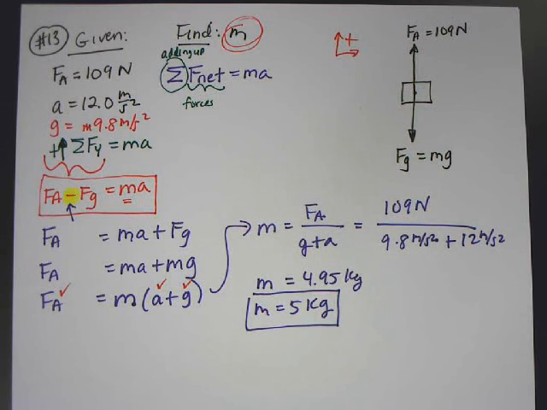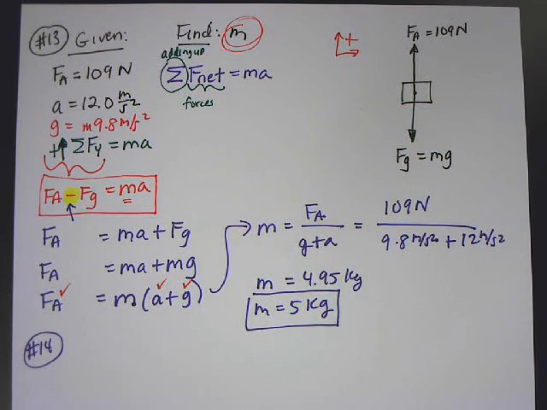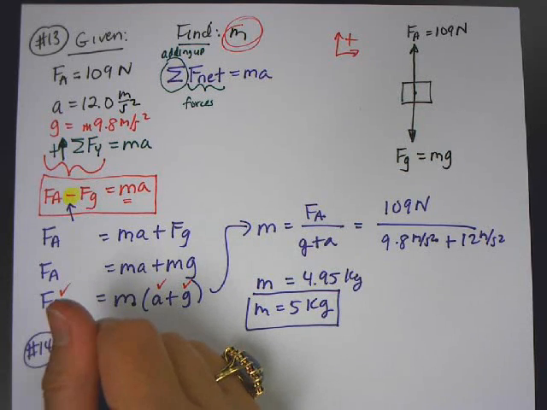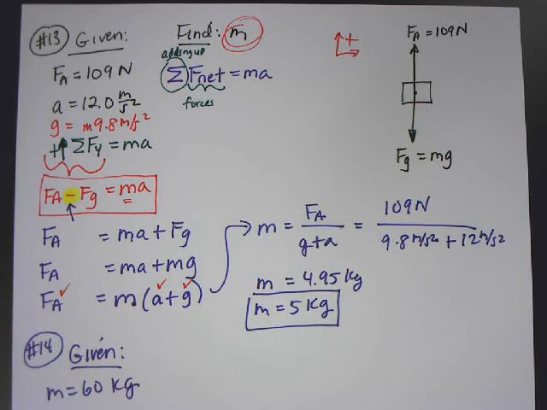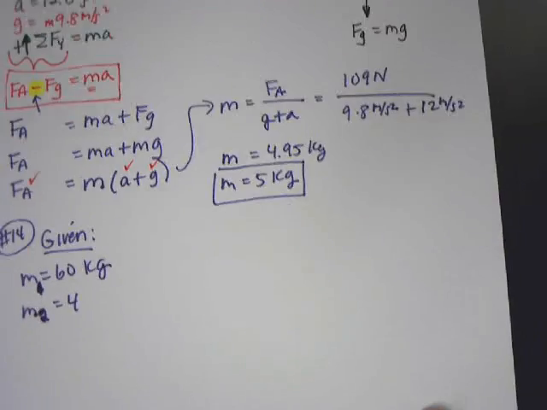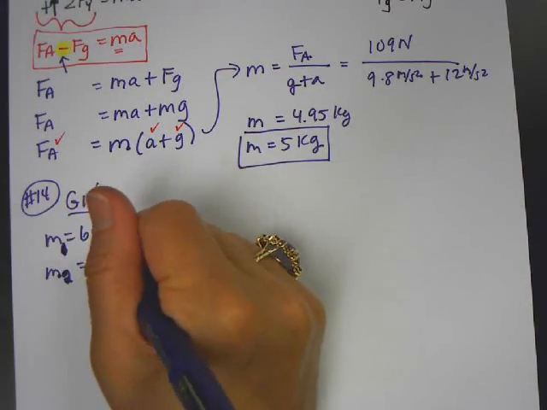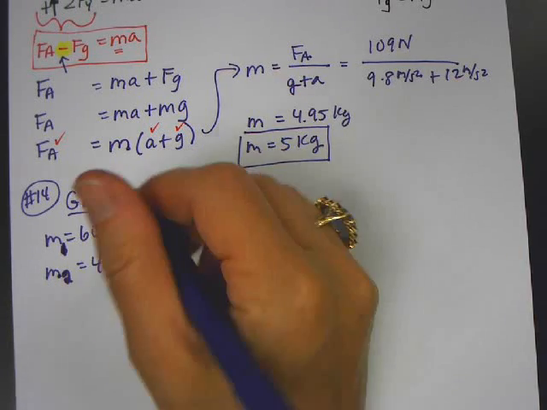Okay, now we'll do number 14. So number 14 says a 60-kilogram boy and a 40-kilogram girl. So I'm going to call this MB for boy, and I'll call this one MG for girl. Or I'll call this one 1 and 2. That'll make it easy. So this is 40 kilograms. Engage in a tug of war on an icy frictionless surface. If the acceleration of the girl towards the boy is 3 meters per second squared,